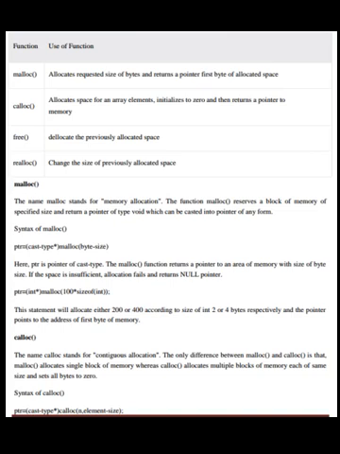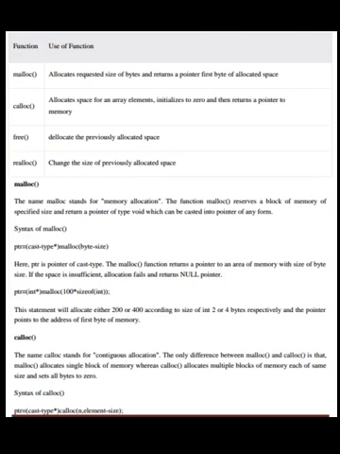Now let us see malloc. The name malloc stands for memory allocation. The function malloc reserves a block of memory of specified size and returns a pointer of type void which can be cast into a pointer of any form. Syntax is as shown in the figure. Here ptr is a pointer of the cast type.